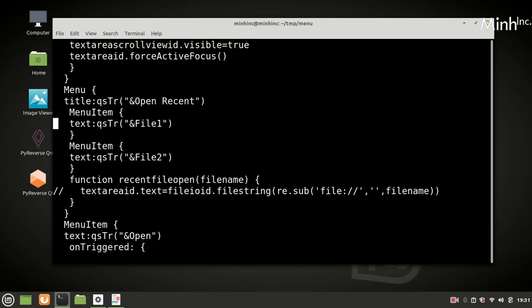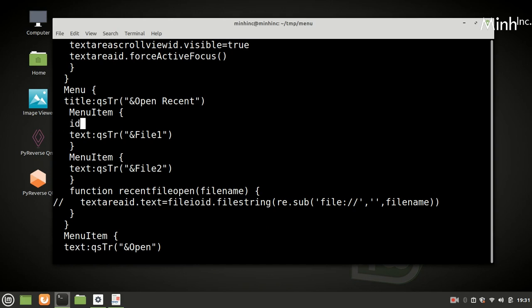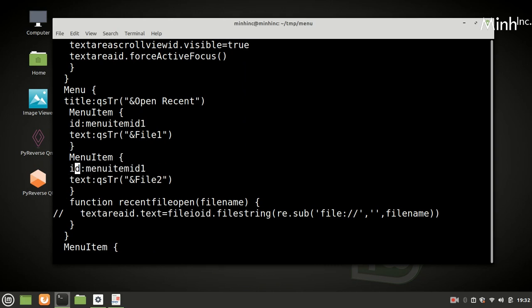We will give one ID, recent file open, or menu item ID1 and menu item ID2.